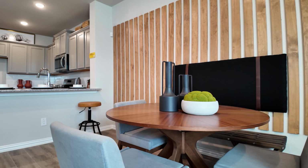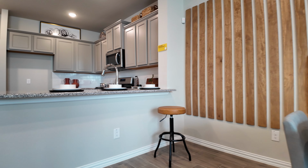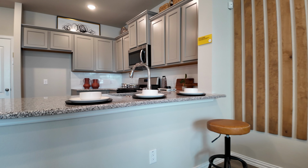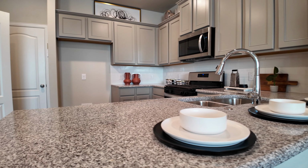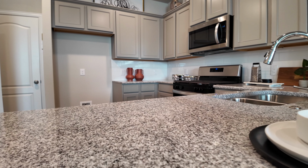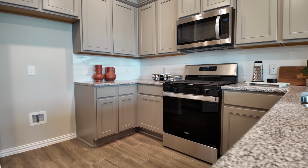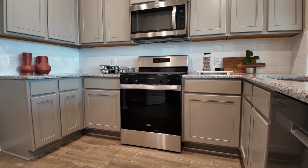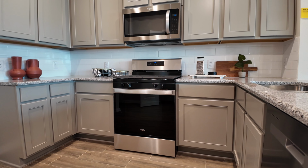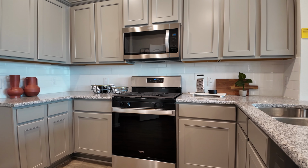as well, because this kitchen is so well appointed. You can pick your countertops that go in here, your cabinet colors. History Maker does give you some flexibility on design, but I like that, like I said, they use all the square footage. So you can see in a townhome, you would expect maybe some smaller spaces, but this kitchen has plenty of cabinet space. At Bel Air Village in Sherman, it also has natural gas,